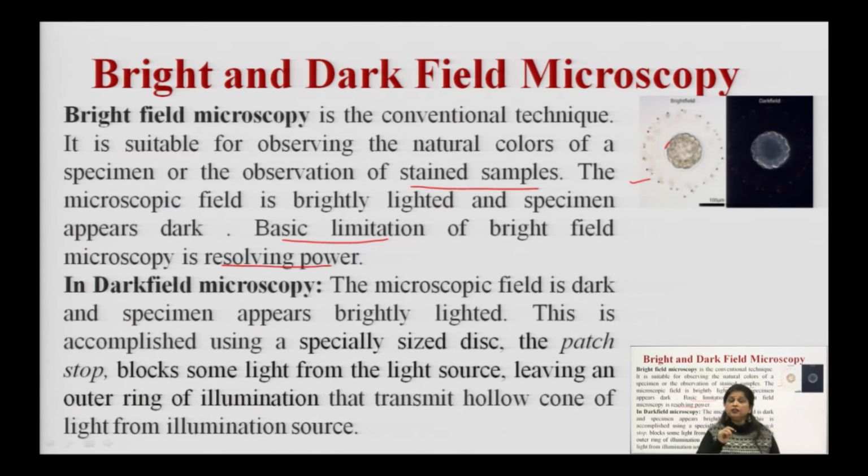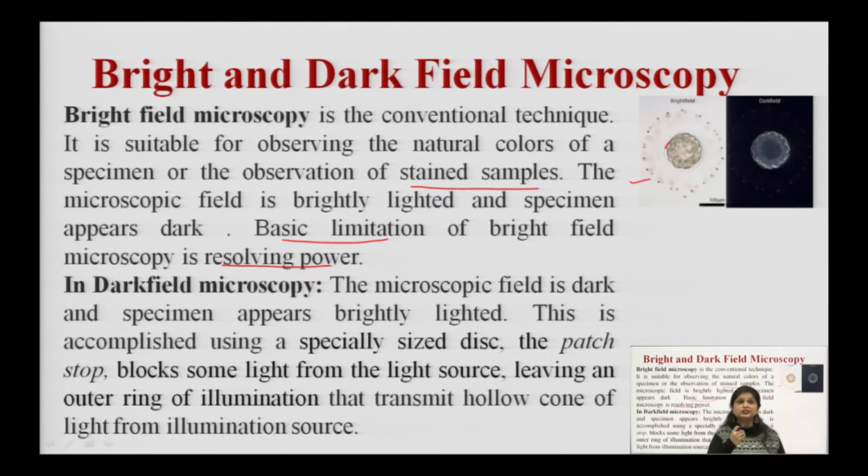That is the basic limitation of bright field microscopy, that its resolving power is very low. That's why the scientists and researchers worked on how we can see the organelles within the sample, and how we can see the transparent cells. To observe transparent cells, if we add a staining reagent, it may damage the cell, stain the organelles, or deteriorate the image. When we add staining reagent to the cells, we won't be able to see the live cells as they are in nature.